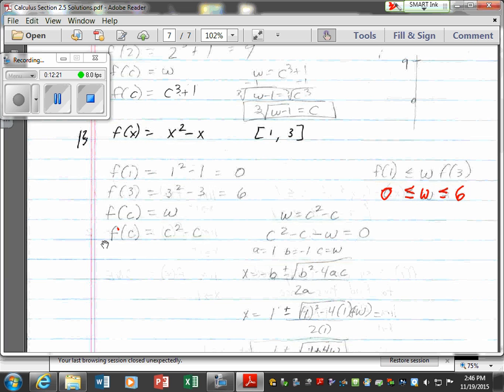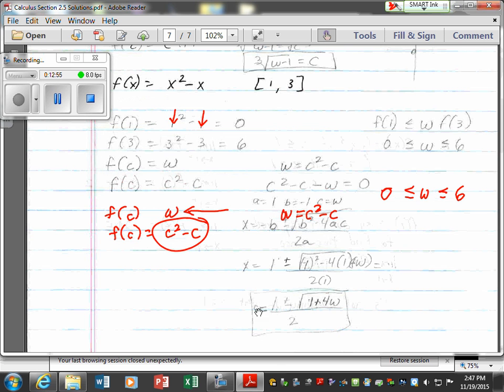Then we also said, alright, let's go figure out what f of c is. Everywhere there's an x, plug in a c, and we get c squared minus c. Now let's plug in this over here. So W is equal to f of c. Well, f of c is this, and solve this thing for c. What we want to do is get it equal to 0, and now this is a quadratic. So we'll use the quadratic formula, which is here. Plug in all your values. It's a little bit messy, but it looks like 1 plus or minus the square root of 1 plus 4W